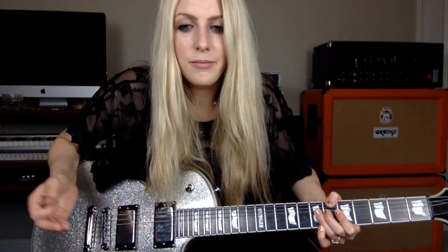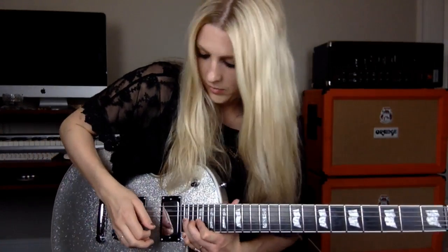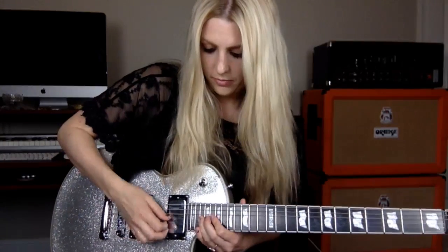see how it'll stay there for a really long time. You can give it an extra pick if you need to. But if you're way up there and you're trying to bend, it could be your guitar, so you might want to get your guitar checked out, but also just making sure